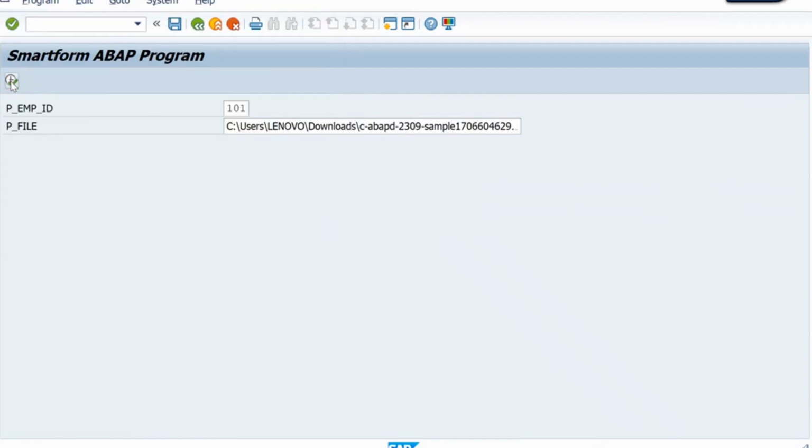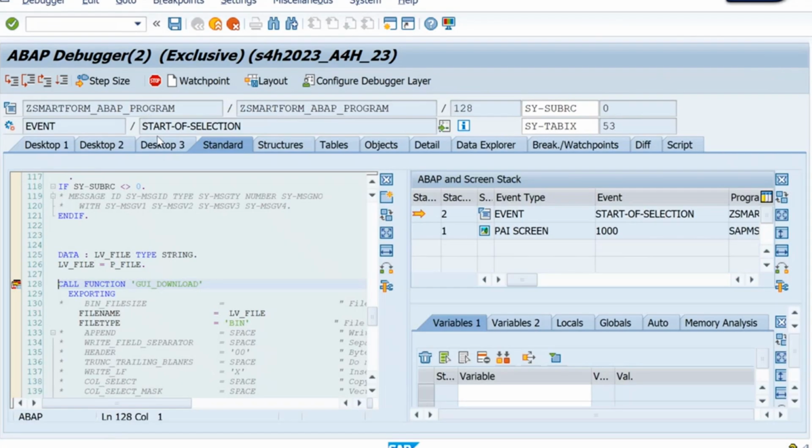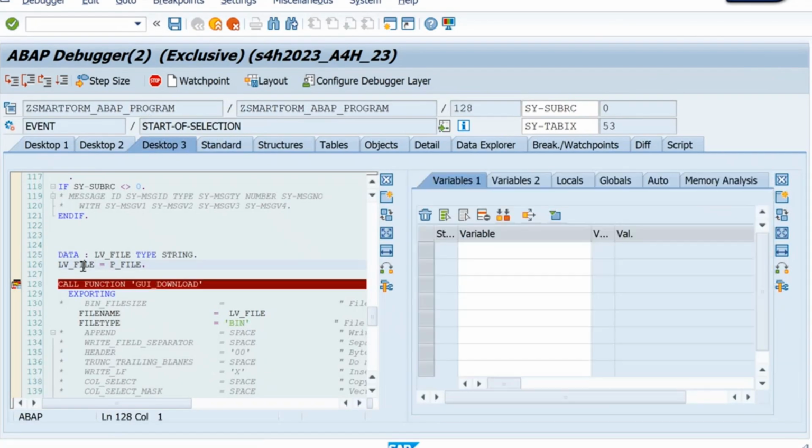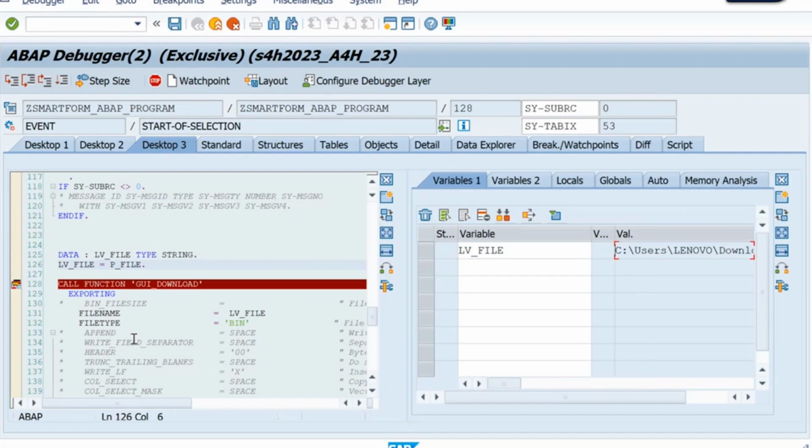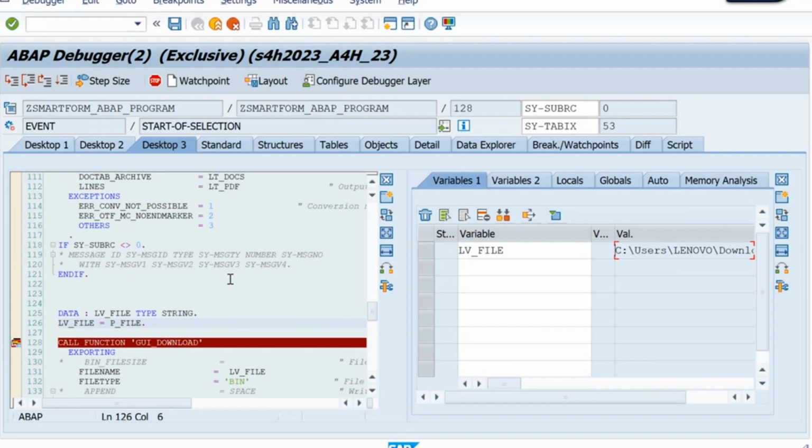I will click on execute. I will select the file address, double click. Yes, this is the file address where my data is. That's what we are getting. Right, so it is fine as well. So LT PDF we have here, right? Now I'll click on